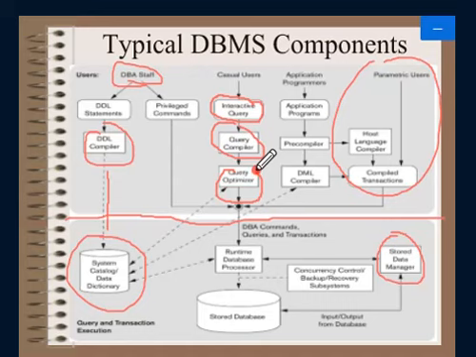And it consults, what you can see here. You can see dotted lines here, here, and here also. So for every casual end user, the stored catalog or system catalog is connected. The query optimizer will consult the system catalog for statistical and other physical information about the stored data.